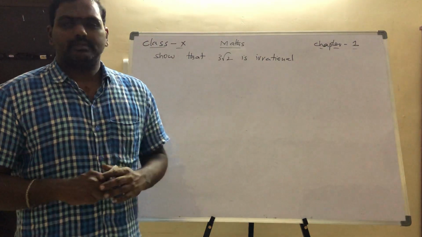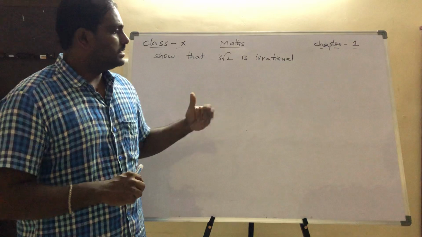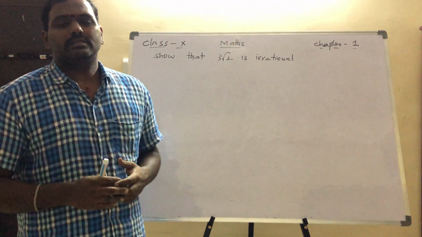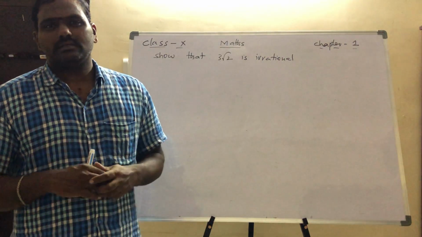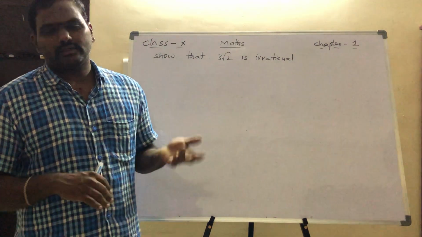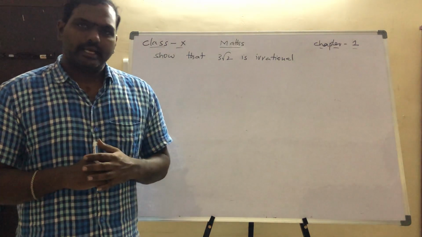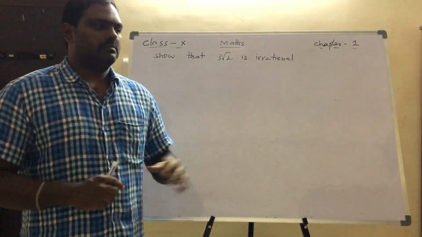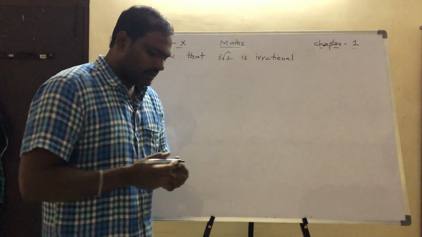Then we will follow some steps. Since they are co-primes, there should not be a common factor more than 1. But when you substitute it, you will find they are not co-primes. So since they are not co-primes, our assumption is false. What is our assumption? Root 2 is rational. So our assumption is false, which means it is not rational, it is irrational. Here also we will follow the same concept. For this one also I will give some basic points of the key steps.